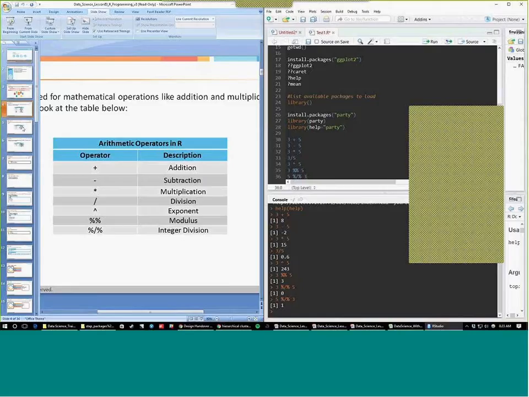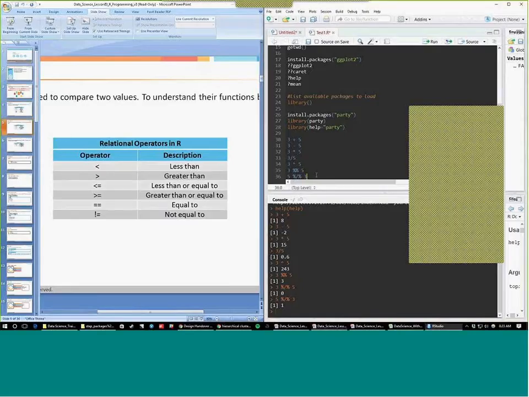Okay. Then we can also do other operators, right? So if we want to compare two different sets of values, right? So we have,